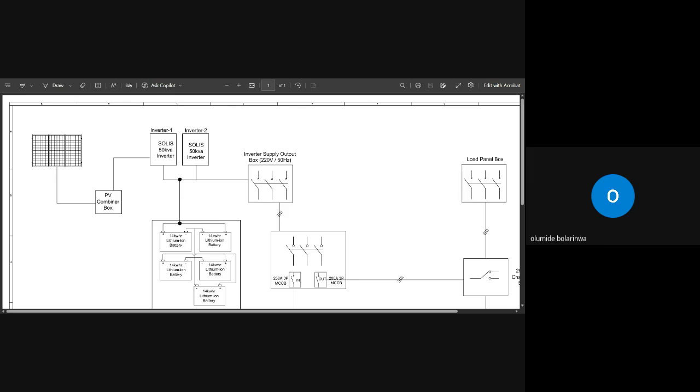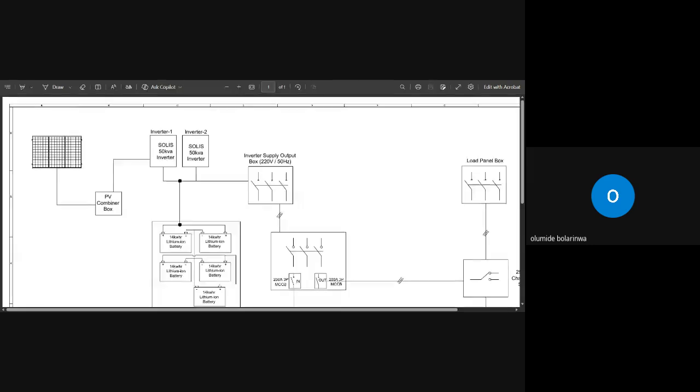So we won't waste much of our time. We're just diving into this thing itself. Can you see my drawing? Now, you can see this first annotation. This is your panel itself. It converts the sun's energy and supplies electricity into the system in this case. So this is your solar panel now.